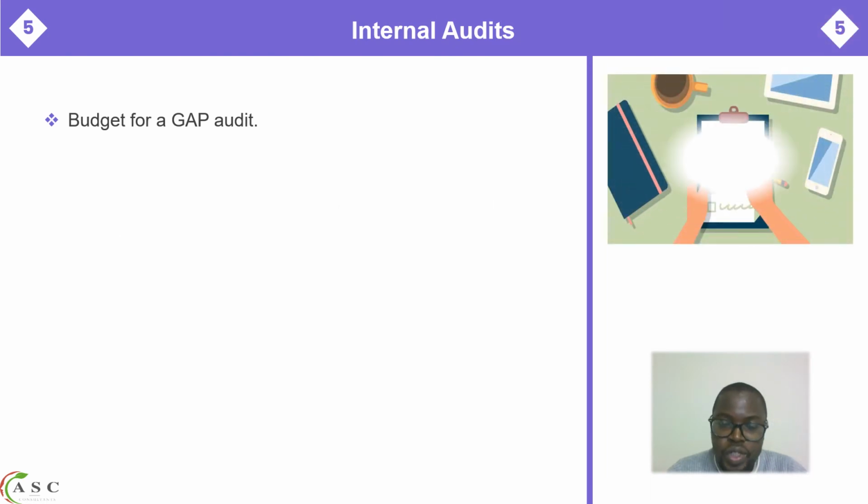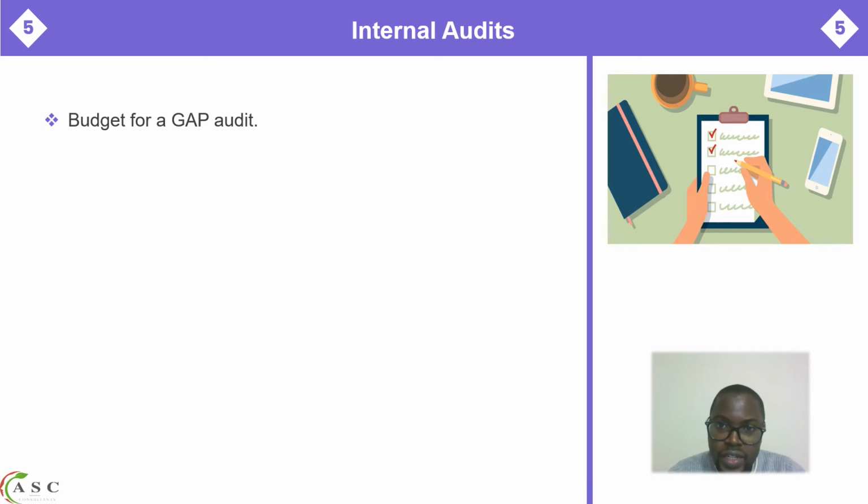In this topic, topic 5, we are going to discuss internal audits. Before we move to internal audits, maybe let's discuss a gap audit. It is very important for you to conduct a gap audit before you implement any food safety management system. A gap audit basically informs you where you are and what it is that you need to do to reach